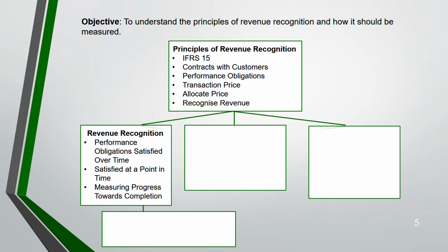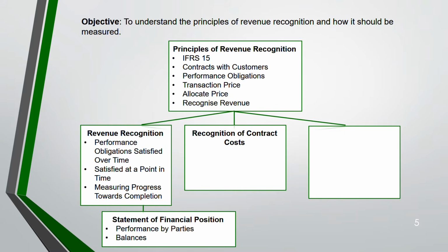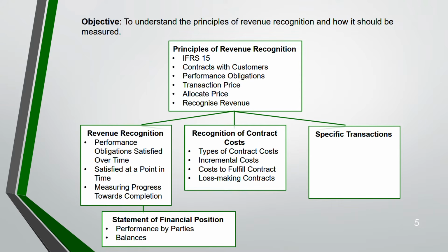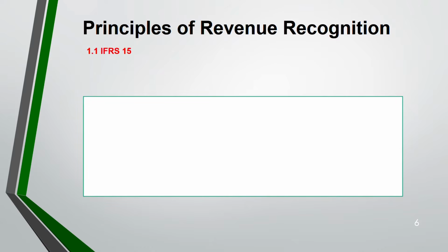How much you have completed, based on that only you can recognize revenue. Then, how it will be recorded in your statement of financial position. And then we recognize the contract cost, incremental, fulfill, and loss-making contract. Then the 4 specific transactions. Okay. So these are the things we are going to cover, starting with the very